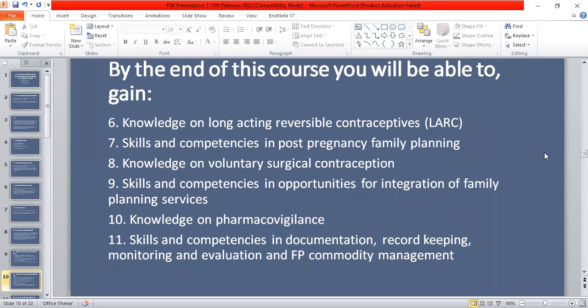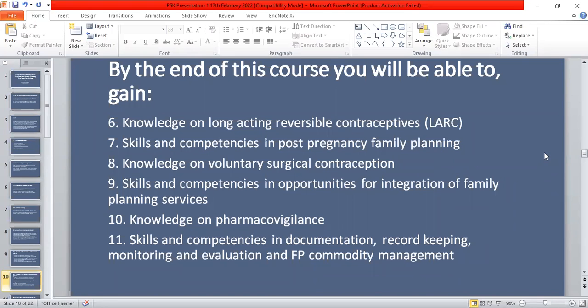So knowledge of long-acting reversible contraceptives, where you can explain to patients, advise them, and also address any concerns of clients who are already on long-acting reversible contraceptives and require information probably on ADRs or other side effects. Then 7, skills and competencies in post-pregnancy family planning,